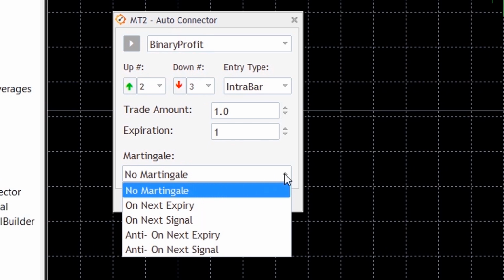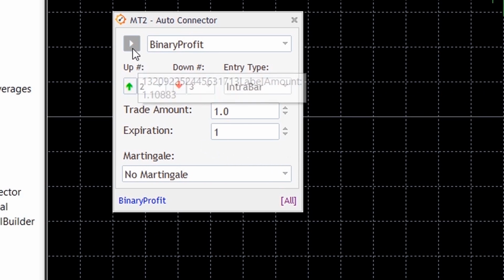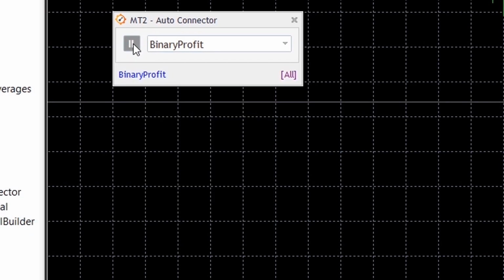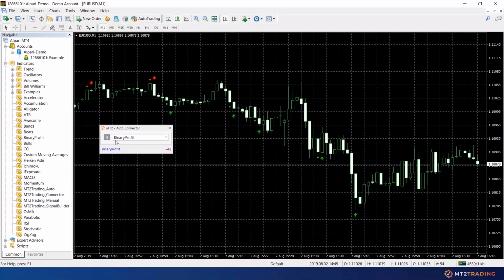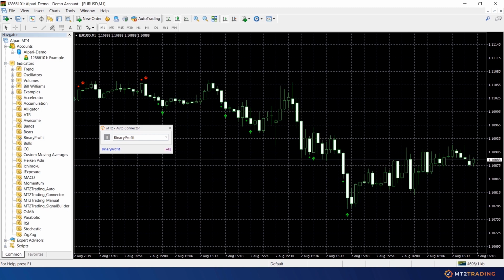The final step once you finish configuring your trade parameters will be to hit the start button beside your indicator name. If everything is done correctly, your MT2 Trading robot will start placing trades on your selected binary options broker account with your desired parameters. We will now fast forward until our indicator gives one signal,